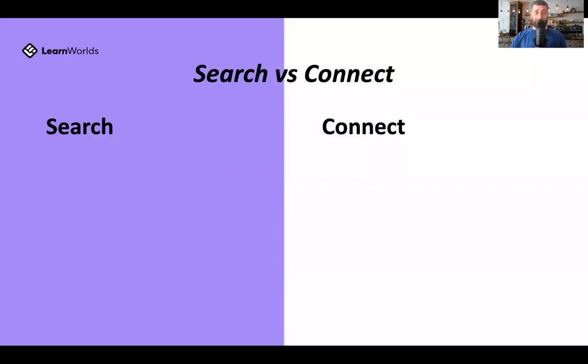So let's look at the advantages and the disadvantages of these ones here. The biggest advantage of the search-based platforms is that they're evergreen. Let's use Google and YouTube as an example. You put a good YouTube video out there today, people can be finding that for the next 5 years. If it stays up the top there, you obviously still keep creating anyway, but even if you don't, you've got that one video that can just, people type in YouTube, that comes up the top, they enter their details, you're growing your list on evergreen, right? The connect ones, not so much. You make a post on Facebook or Instagram, 24 hours, it's out of the news feed. You need to post again and again and again.